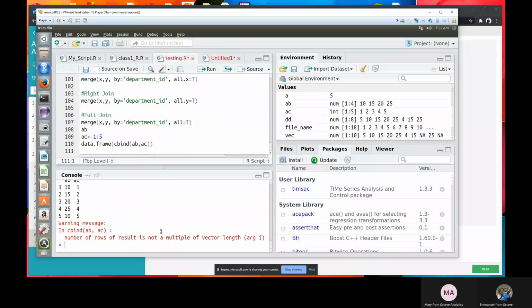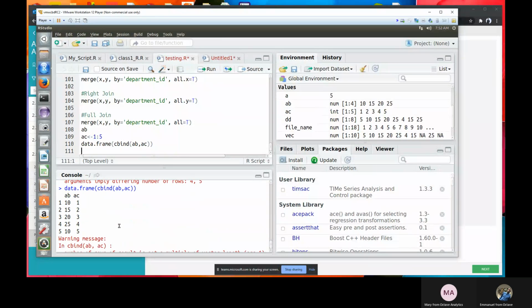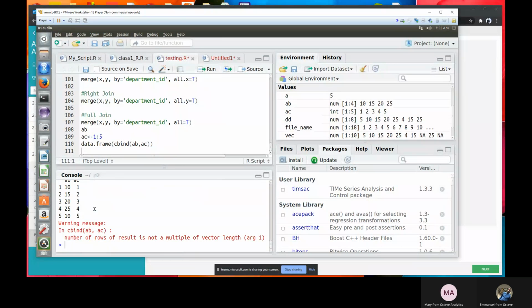You can see it created it for me and didn't give me an error. What happened is that AB stops here, so cbind had to start counting from the beginning again to complete and combine these two together, then convert it to a data frame. It came with a warning, which tells you that something has been done in the background to help you complete this command. That's by the way.